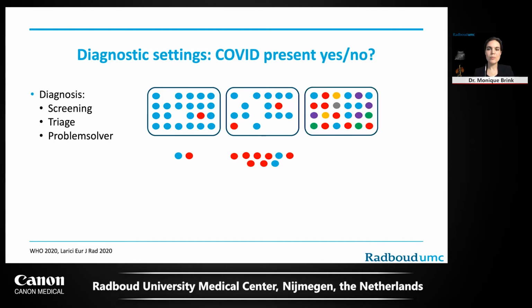And you finally have the problem solver situation, which means that you use CT at the end of the diagnostic process, after you have done your PCR tests or other lab tests or physical examination, etc., and you are left with the complex patients, potentially the patients with a false negative PCR, such as in our first patient, or patients who actually have something else, but have a clinical problem which seems to be a little bit like COVID-19. And then you use CT as a problem solver tool.